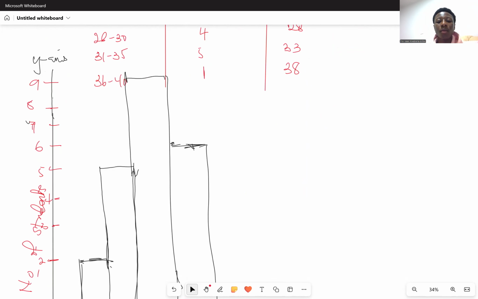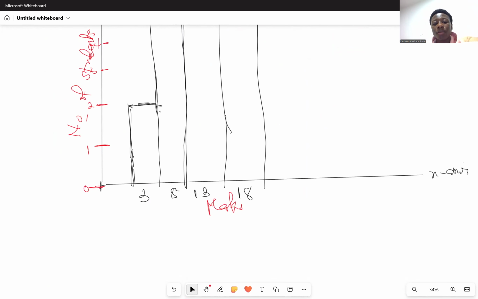And so on. Now, guys, watch closely. With histogram, we try to think of scaling, okay? You see that with histogram, normally with bar chart, the values are in right intervals. So we just position them at the middle and we go like that. But look, from 3 to 8, 8 to 13, you can see that there is no